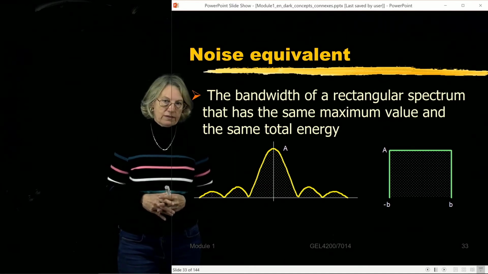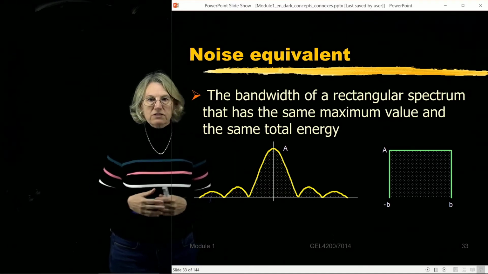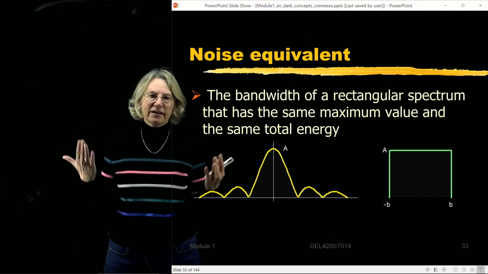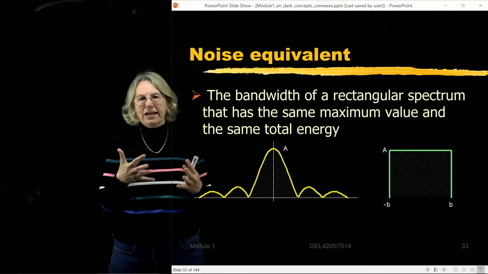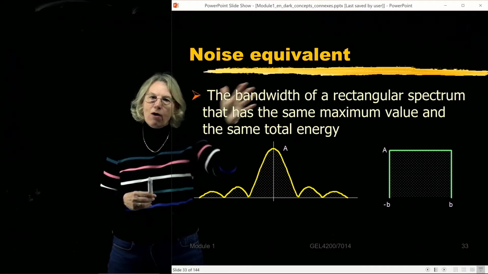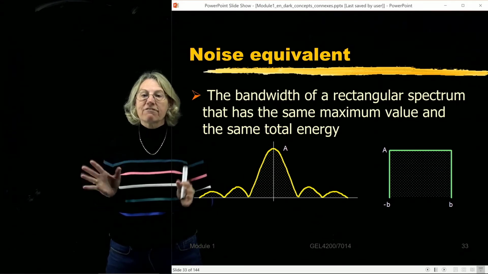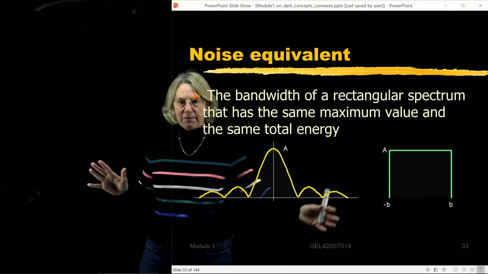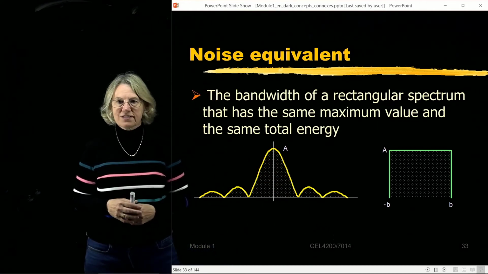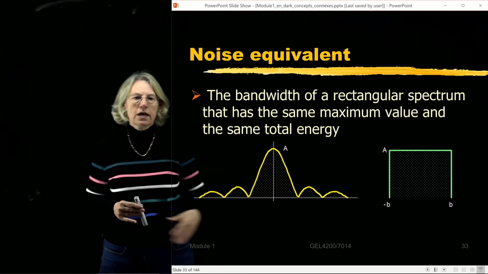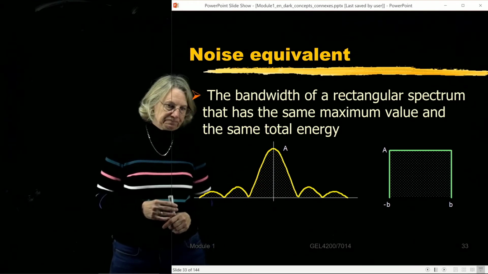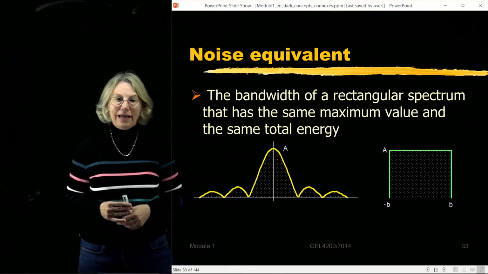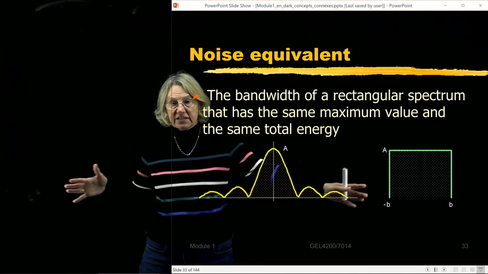Noise equivalent bandwidth. We'll talk about additive white Gaussian noise very shortly, and when I get back to talking about it, I might then explain why we call this noise. For now, I'm not going to explain why it's called noise. I'm just going to give you the definition of what a noise equivalent bandwidth is. So I start with an arbitrary shape, and I'm going to keep with my example here, which is a sinc function, or the absolute value of a sinc function, as my spectrum. Again, I'm going to assume it has some maximum amplitude I call A. And in this example, of course, it has infinite support.